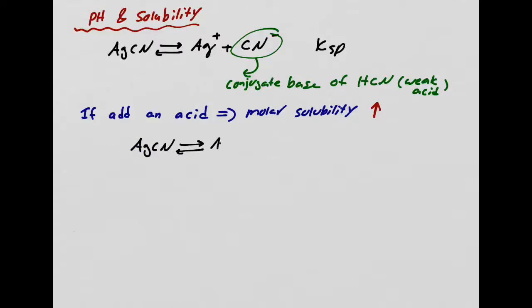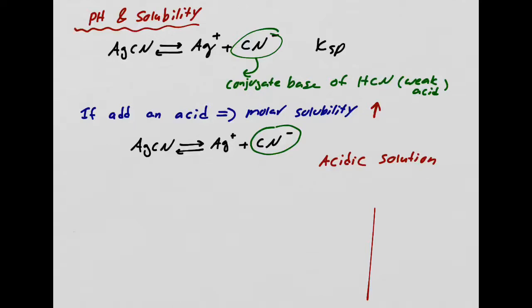Is in equilibrium. Some of it will break up, a small amount, to Ag+ and CN-. Okay. Now we just said that CN- is a conjugate base, right? So if I have an acidic solution, if I have a solution that has a pH of 7, nothing will happen, nothing at all. But if I have an acidic solution,